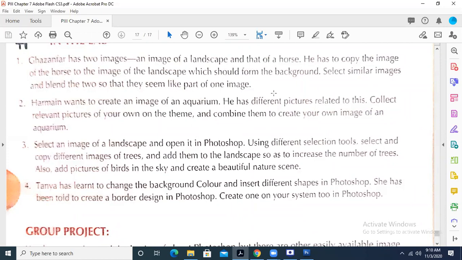So we can draw the border design by ourselves. It depends on our creativity what kind of objects we are going to take, and we can design different borders. Similarly, we can take any border from the internet and we can even insert our image in that particular border as well. So these are all the things which are available over here. These are the 4 lab activities. Now we have done this task.